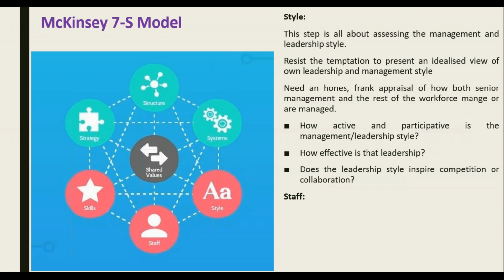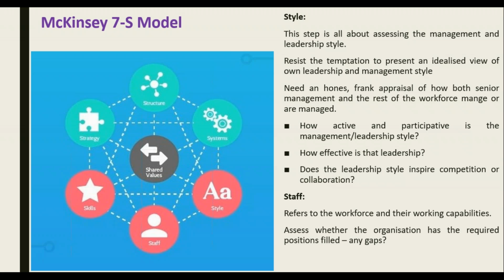Staff. This refers to the workforce or employees and their working capabilities. Here, there's a requirement to assess whether an organisation has the required positions filled, what gaps there are, and so on. Look at job descriptions, common tasks, and the skill set in general, and ask,